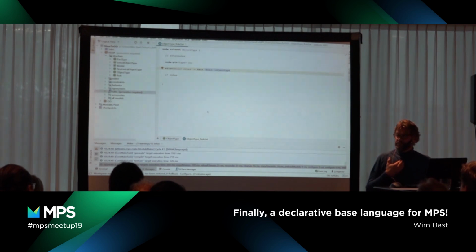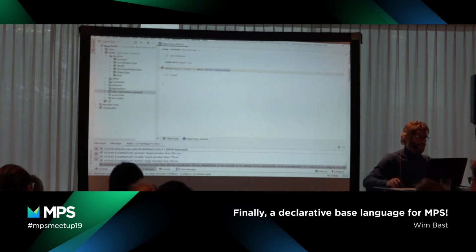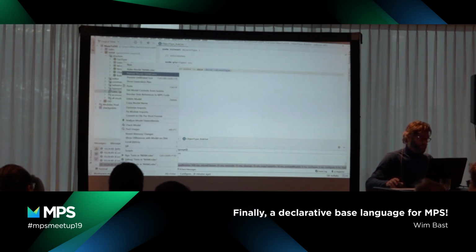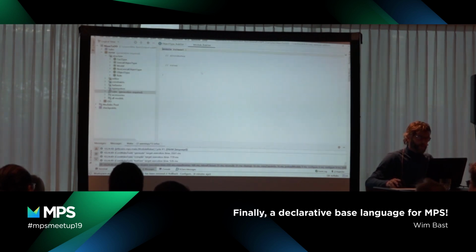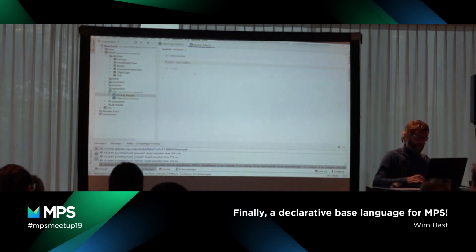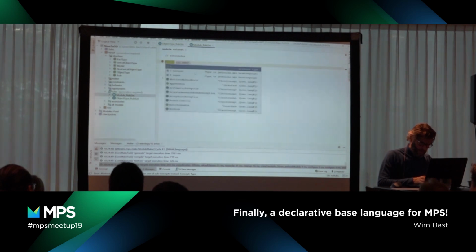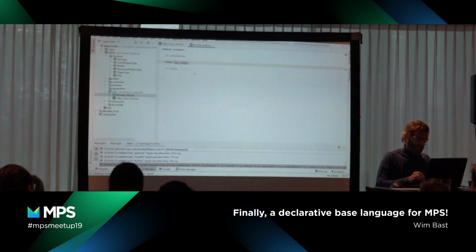And of course, we need to create a model. It's not enough to just create nodes because they have to be contained somewhere in the model. And how do you define that? You define that on a module because that is the owner of the nodes. So I go here and I create a module rule set. And a module rule set has a model, and we call it the OO model.